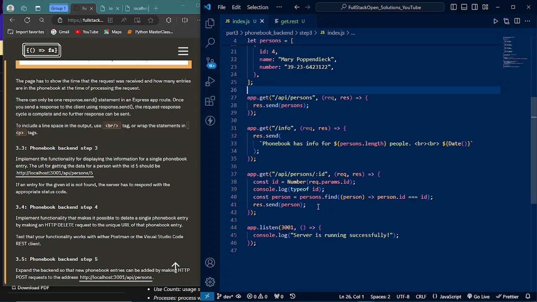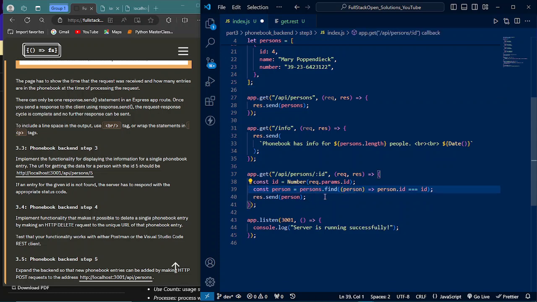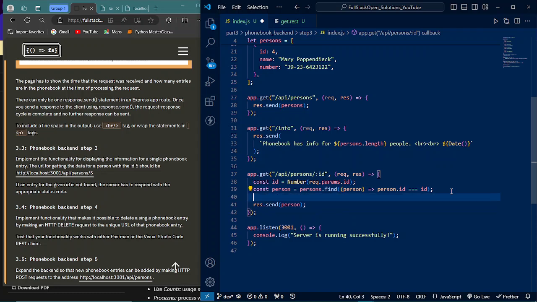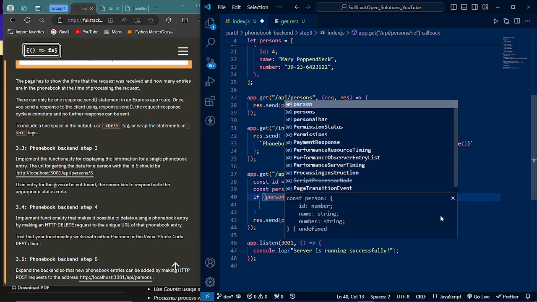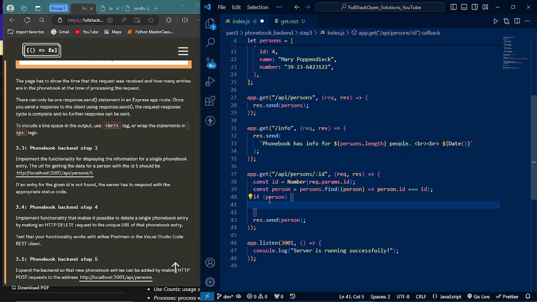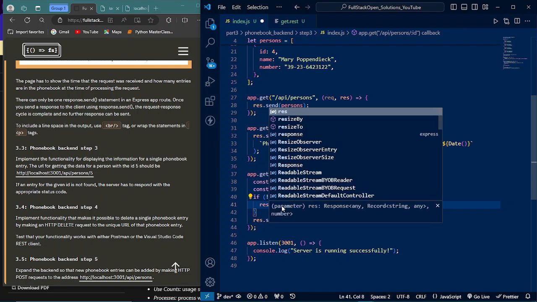So here, let's take away this console log because we've been able to successfully get that working. What we want to do is add 2 more things here, right? 1, the status code, and 2, to check if the person data is not found with the given ID. So we use the if statement. We say if person, right? Now this is if the person is found, so we want to negate this using the not operator. We say if the person is not found, that's if this is false, then we say res dot